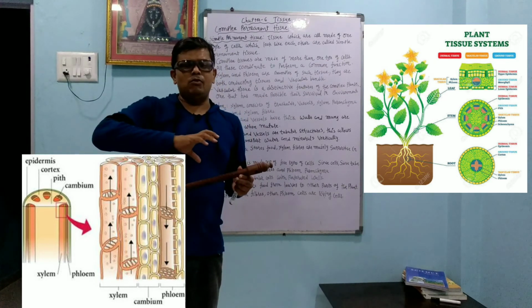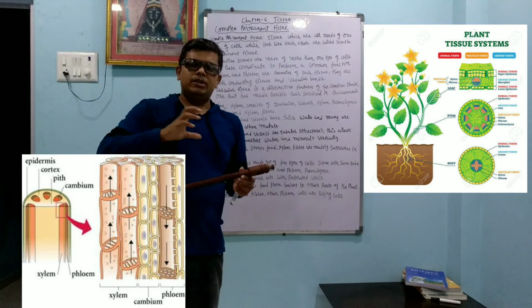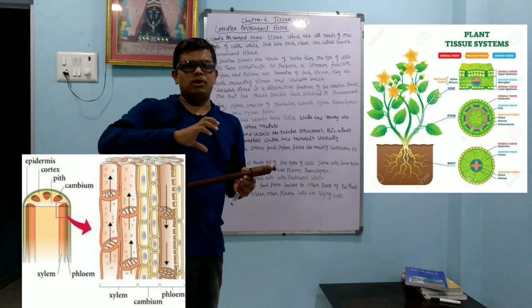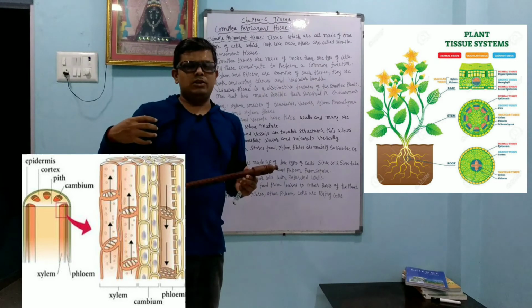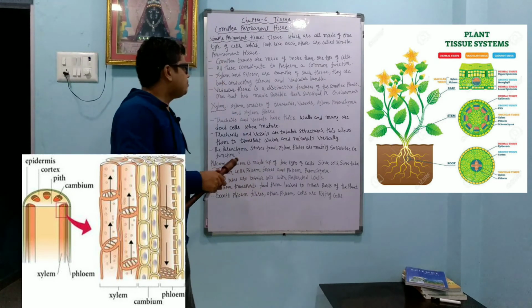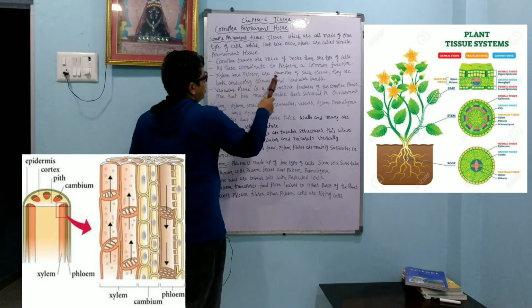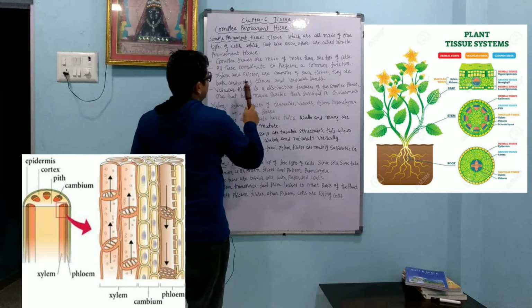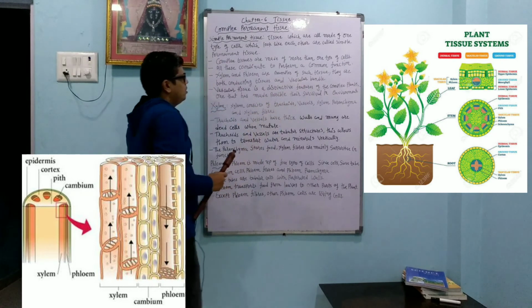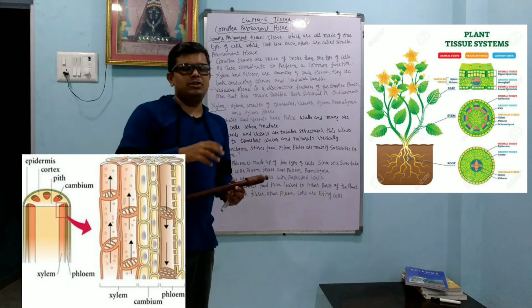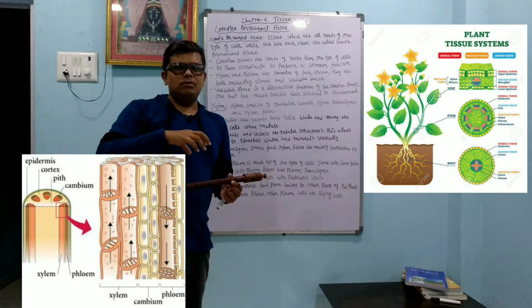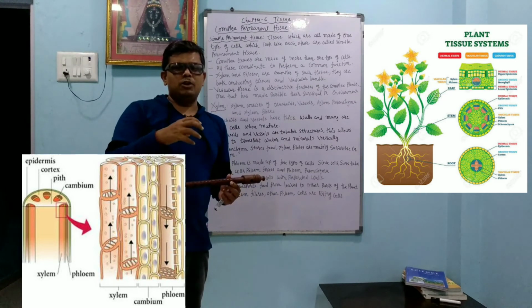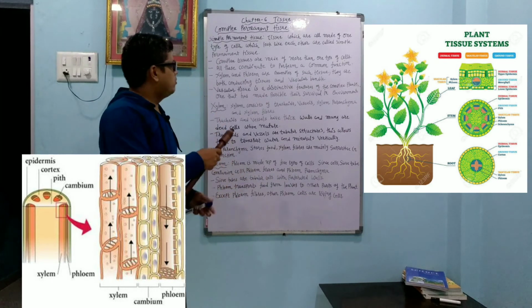If they have to carry water from one part to another, then all will carry the water, like xylem. Or in the phloem, different types of cells are also there, but their function is to carry the food from one part to another. Xylem and phloem are examples of such tissue. They are both conducting tissue and vascular bundle. They carry different types of material from one part of the plant to another, so they are also called the vascular bundle.